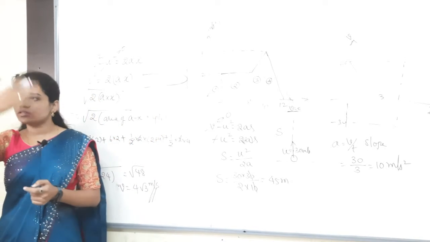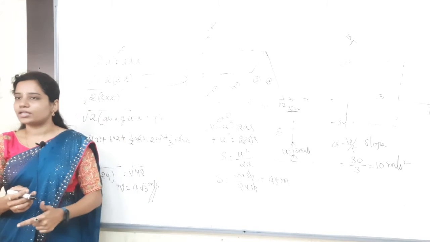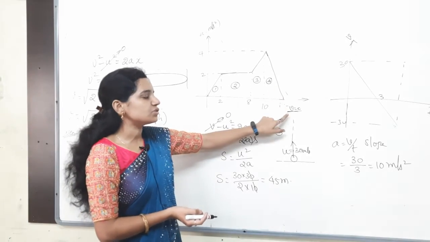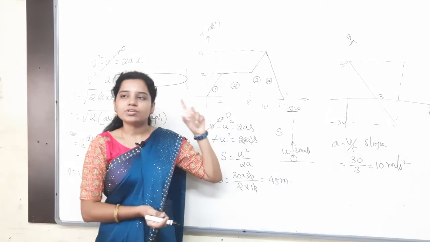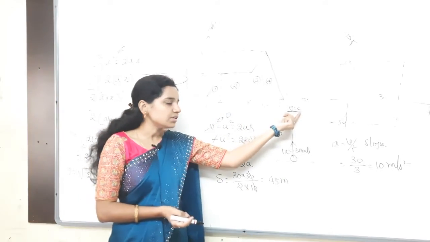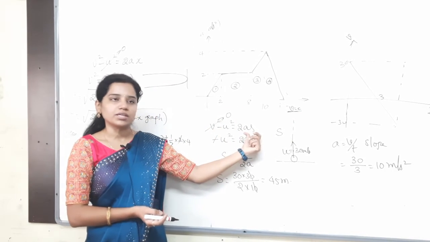That will be applicable in the vertical direction also. It is going up and then returning back again. So at the maximum height, the velocity becomes how much? Nothing but 0. Whenever the velocity becomes 0, immediately you have to remember one formula, that is the stopping distance concept. Why? Because the final velocity is 0 here. So what is the formula? v square minus u square equals 2as.